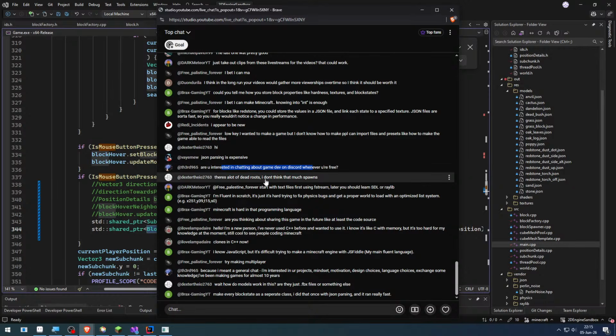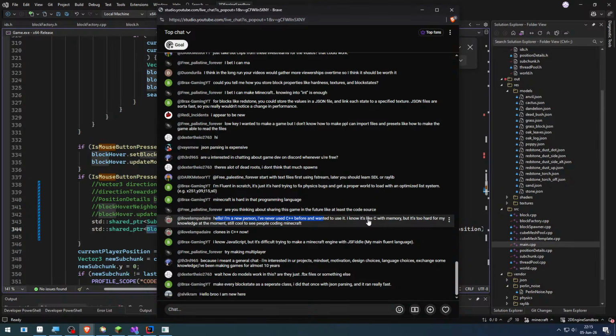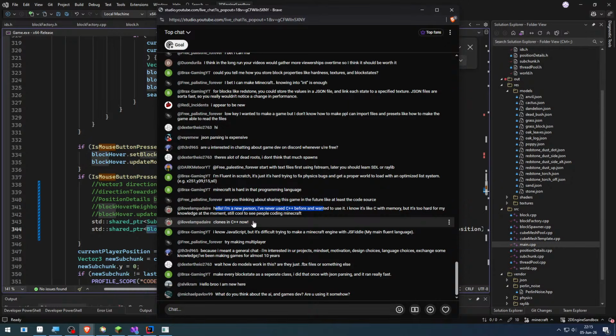What did I miss? Start with text files first, later you should learn SDL, or I'm using Krelip right now. I'm fluent in Scratch. Minecraft's hard in that programming language. Yeah, are you thinking about sharing this game? No. Hello, I'm a new person. I've never used C++. I know it's like C. It's too hard for my knowledge at the moment. Still cool to see people calling Minecraft in C++. Nice. I know JavaScript,